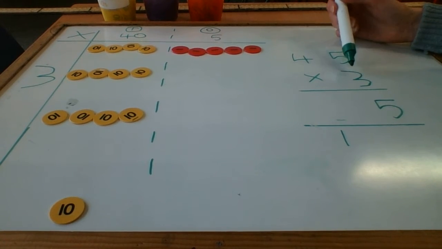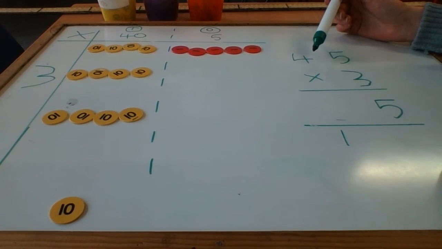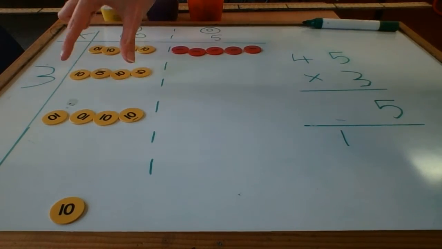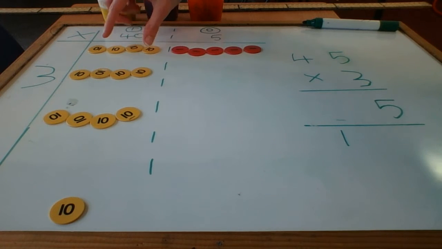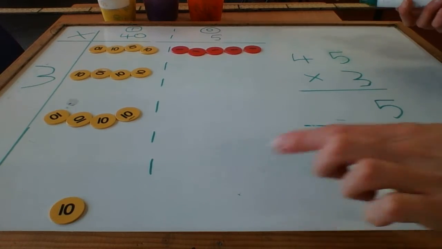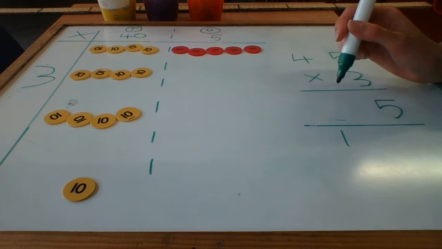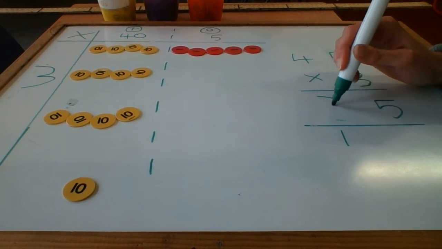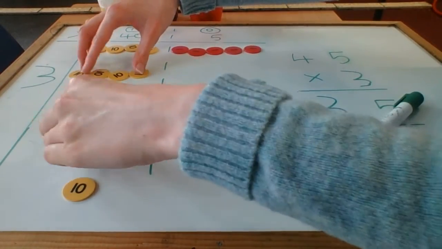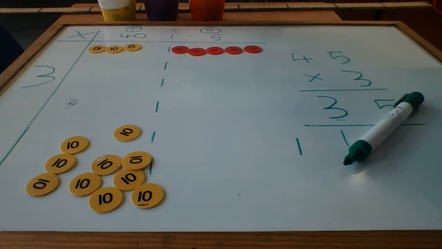So I can then do 3 times 4, which we know is actually 40. 3 times 4 is 12. 3 times 40 is 120. 40, 80, 120. 4 tens, 8 tens, 12 tens. 12 tens are 120. Add the extra 10, this extra 10 here, and we have 130. So 3 tens and 100, because I can take these 10s and change it for